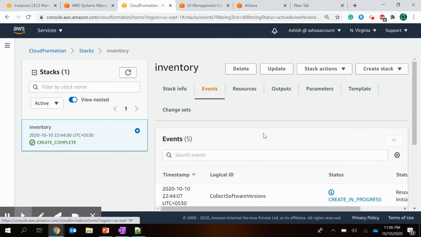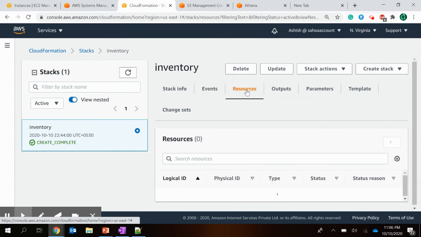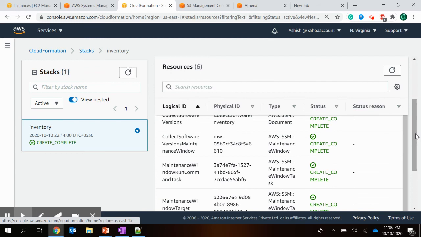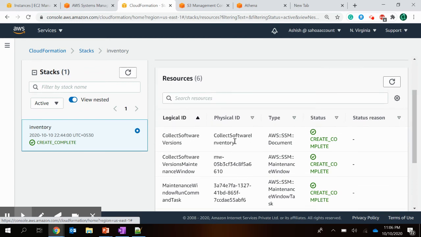It's taking time to load actually. Yeah. So as you can see, the first resource which got created is the AWS SSM document over here,